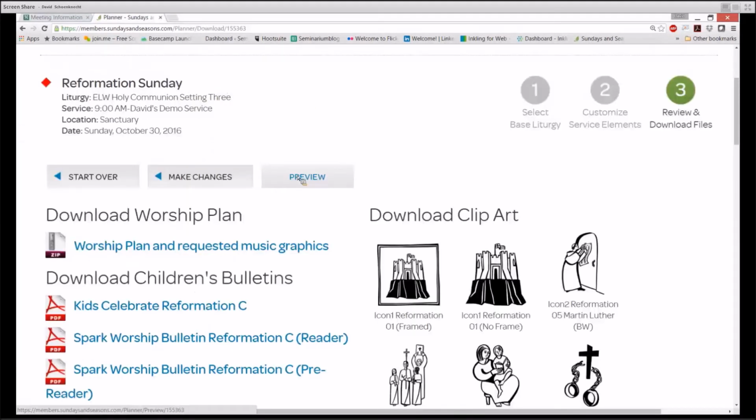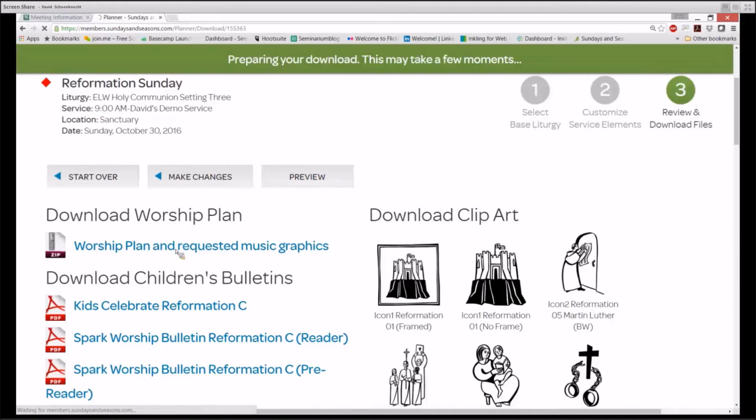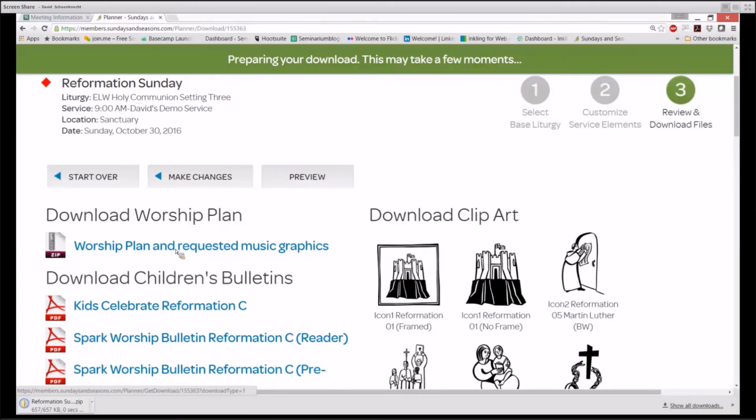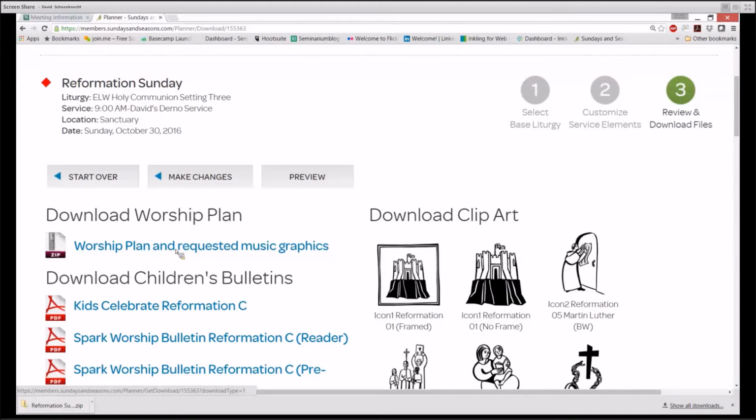Great. Now it's time to download. You'll see some other download options like download children's bulletins or download clip art on this page. But under download worship plan, I want to select worship plan and requested music graphics. Preparing your download. This may take a few moments. Please note that in Windows, the file will appear in the tray at the bottom of your desktop. It's important to note that this is delivered as a compressed file that needs to be unzipped or extracted in